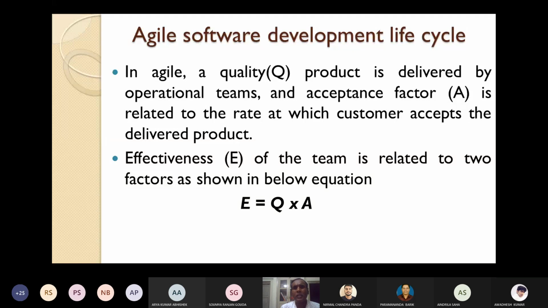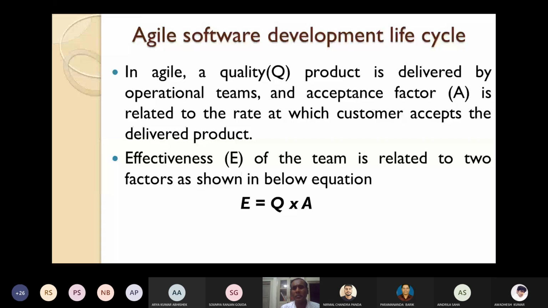A quality product is delivered by whom? By the operational teams. In agile software development, two factors are important. One is quality. The other is the acceptance factor, represented as A. The acceptance factor is related to the rate at which the customer accepts the delivered product.